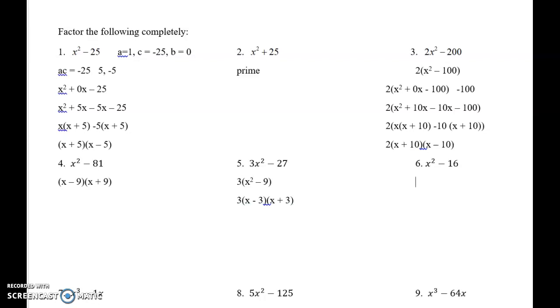All right, for this last one, let's see what you guys can do with that one. Can you factor out a GCF? Well, no, this one doesn't have a GCF, so we can skip that step. Is this a difference of squares problem? Are A and C both perfect square numbers? 1 and 16, 1 times 1, 4 times 4, so far good. Is B 0? Yes, it is. There's no 0x in the middle there. So we can either factor this one using the 0x idea in the middle,